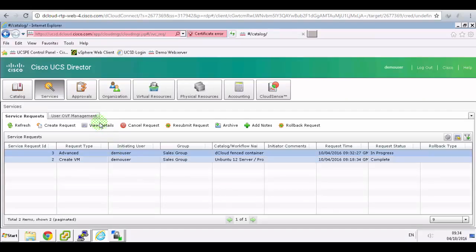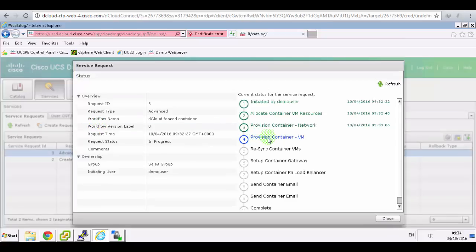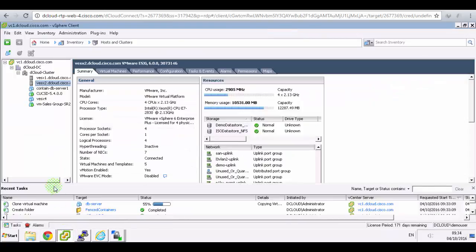And it says to view the detail, provision container, and it's provisioning. And if you jump back to VMware, we'll find out that it's actually cloning a virtual machine called DB server. It's 58% done. It created a folder called dCloud, created a folder called fence containers, and it's just going to